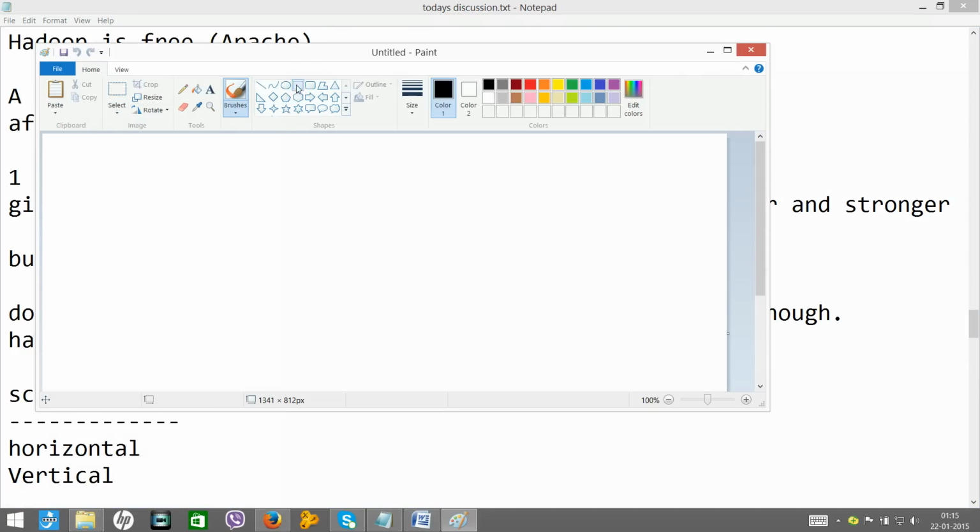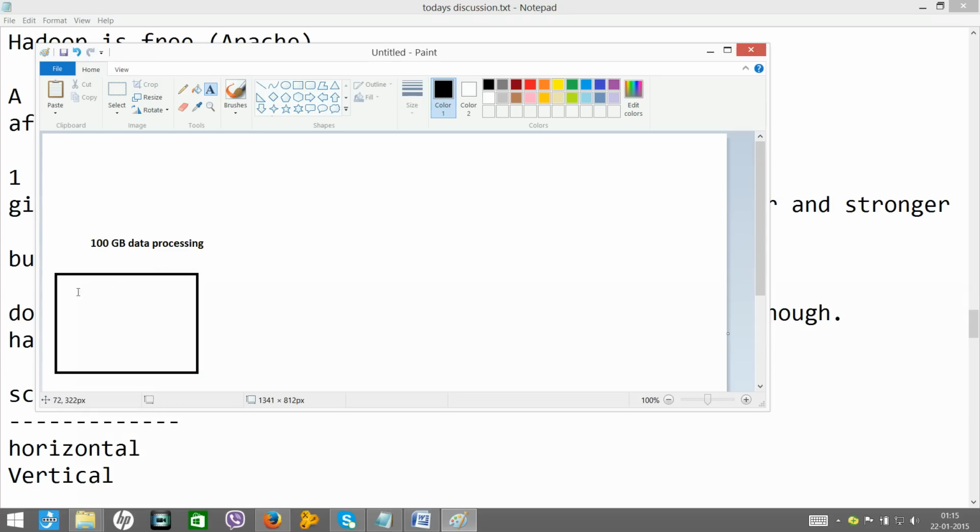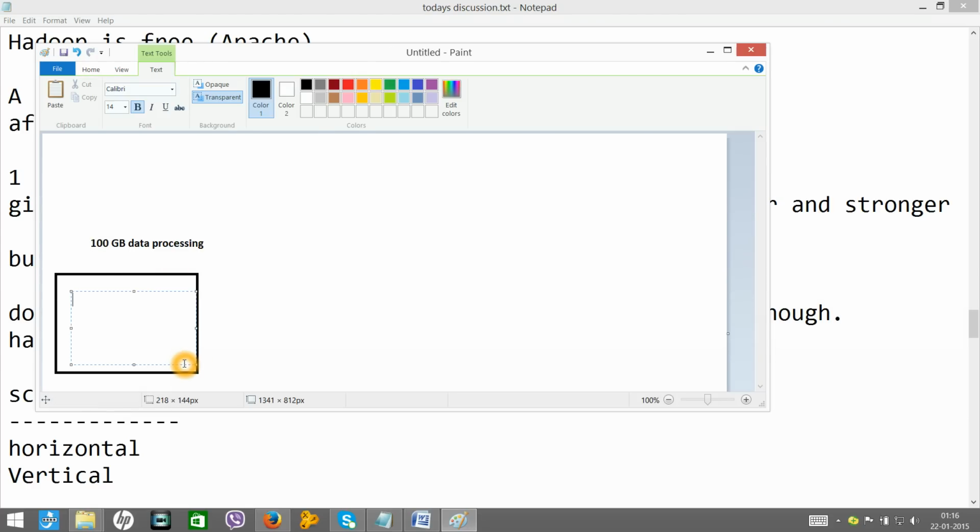Let's assume you have a system, and you are just processing 100 GB of data for processing, and you have a system which has the following configuration: let's say 2 GB RAM, 320 GB hard disk, and 2 processors.